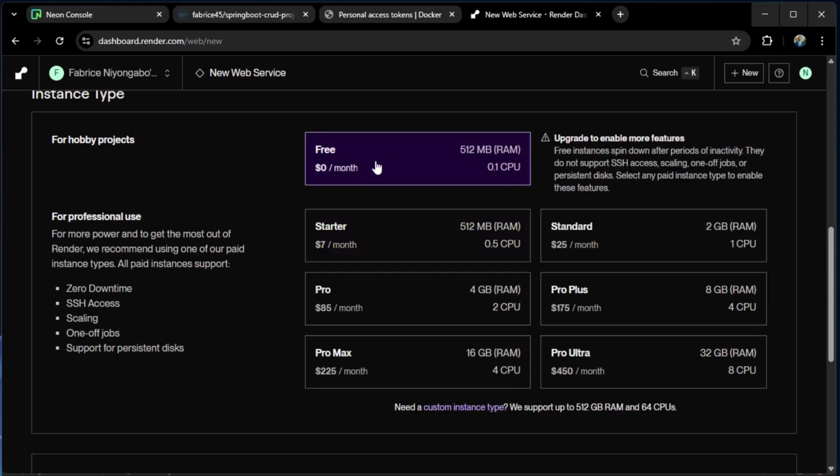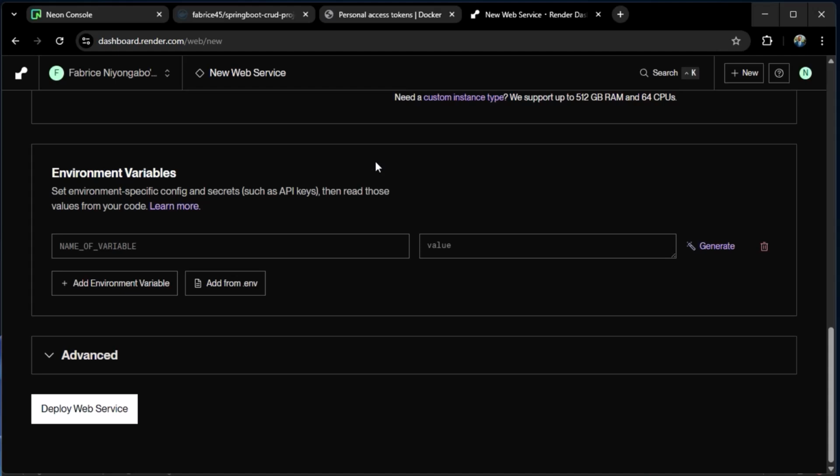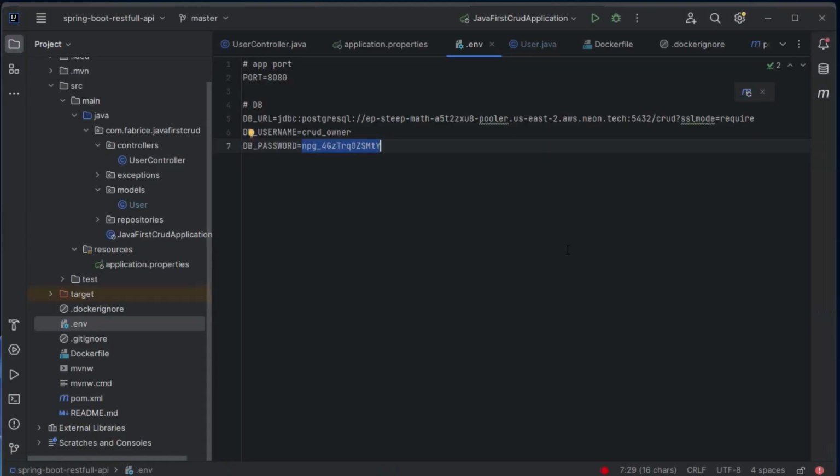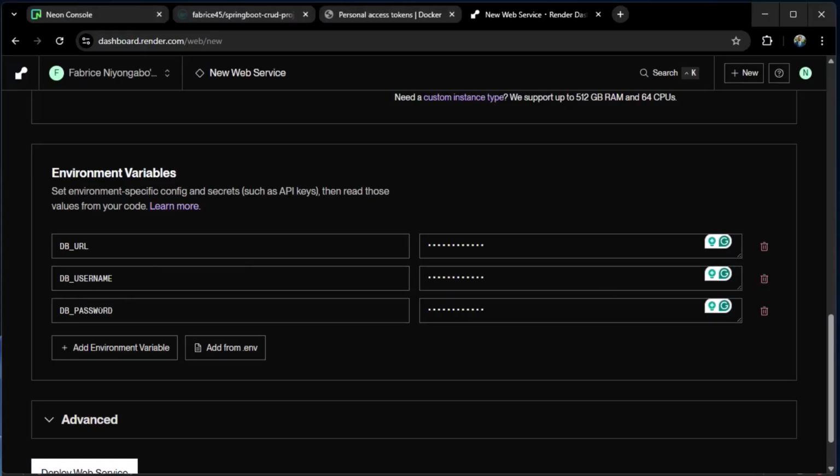And down here we just need to provide all required environment variables for our application. You can see I have a port environment variable within our .env file. We don't need to provide our application's port within our Render dashboard because Render will take care of that and assign a dynamic port to our application.